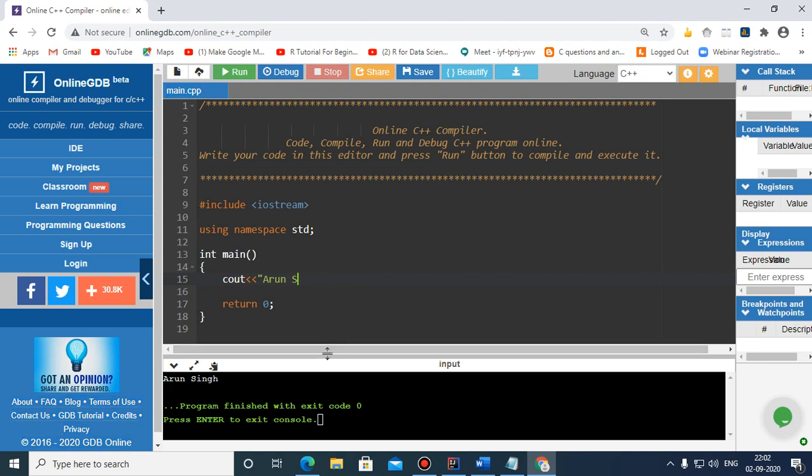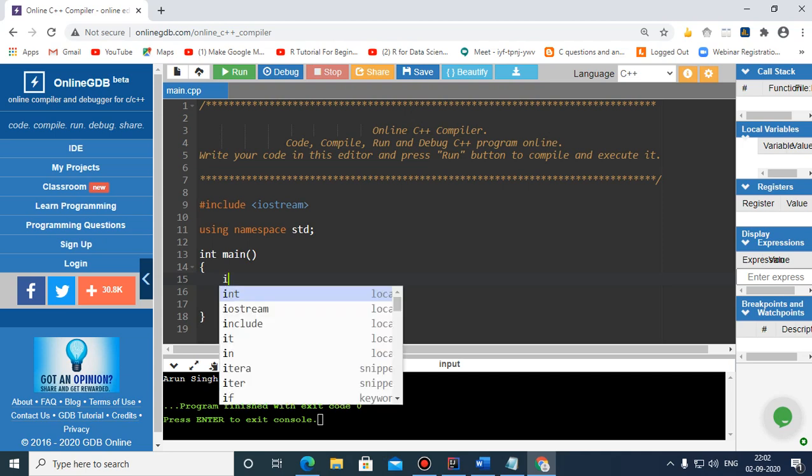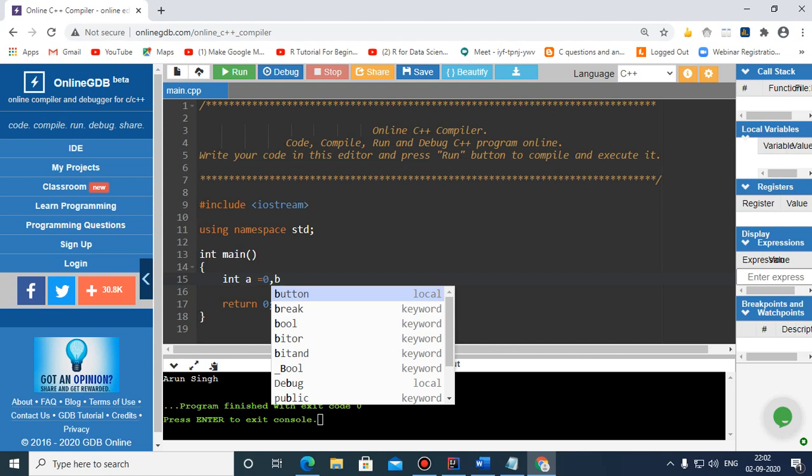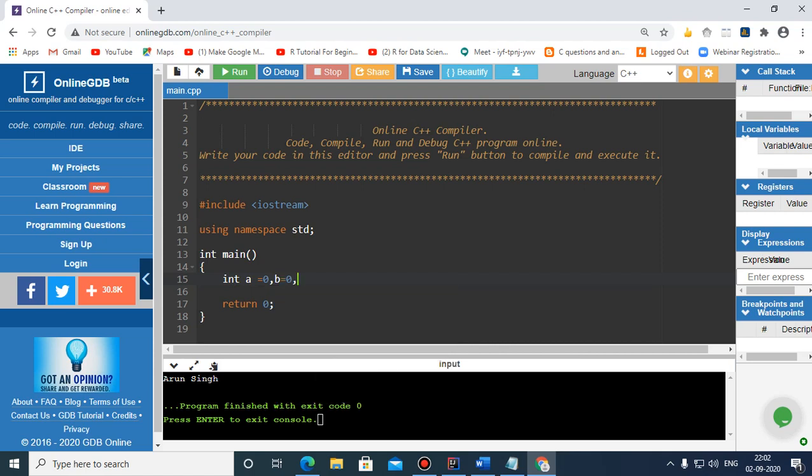Okay. Now children, here I would like to do one more thing. I would like to simply add two numbers. So this is the first variable I have declared, and this is how the second variable I have declared. And another third variable I have taken for storing the result.